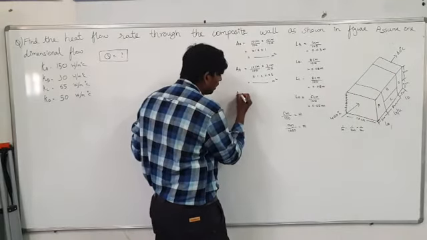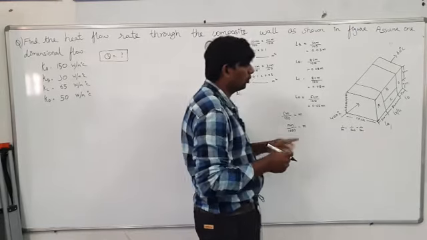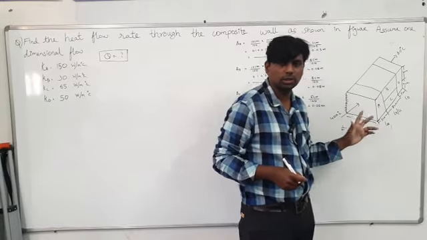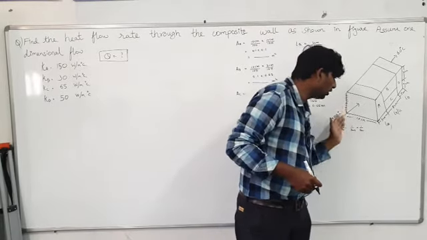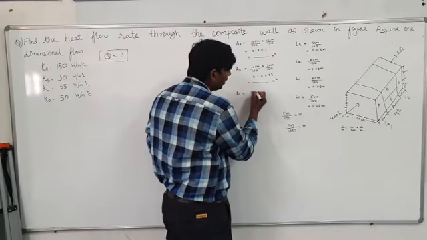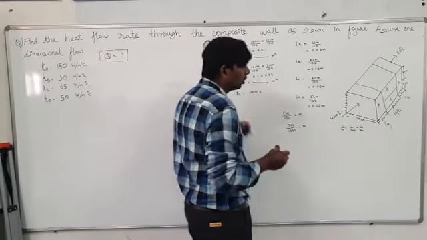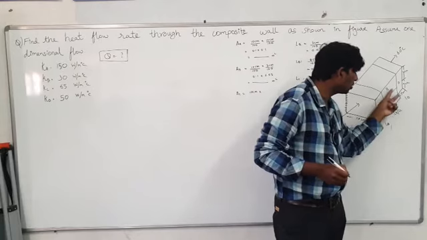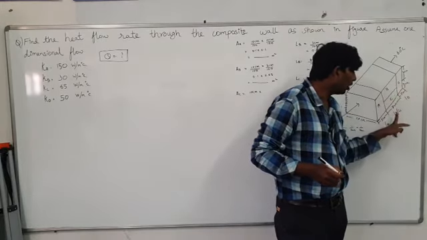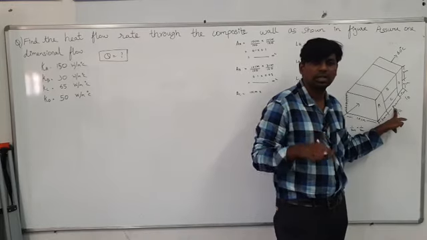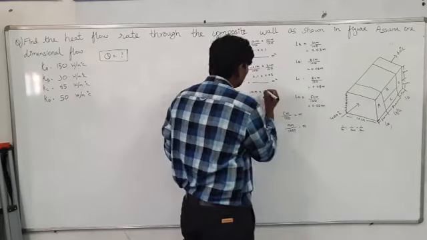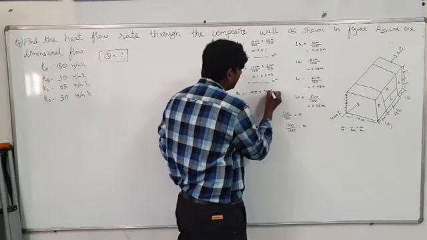Now next step, you have to find out the AC. For AC, as I told you, for the C component this one is the constant, because heat flows in this direction only. So you take this as the constant. How much is it? 10 centimeter into. Now for the C component, what dimension is given? As you can see here, 7 is given. Why are you not taking this one? Already you considered this one as the length. So here you write 7 centimeter.